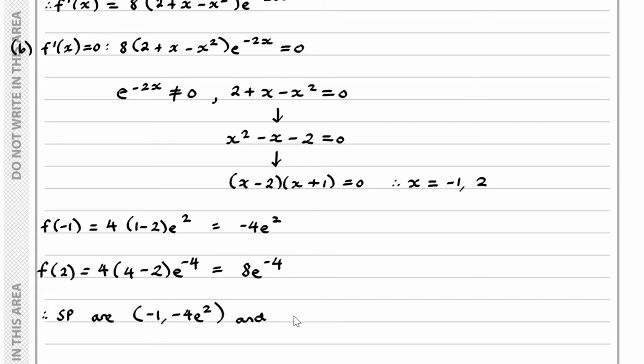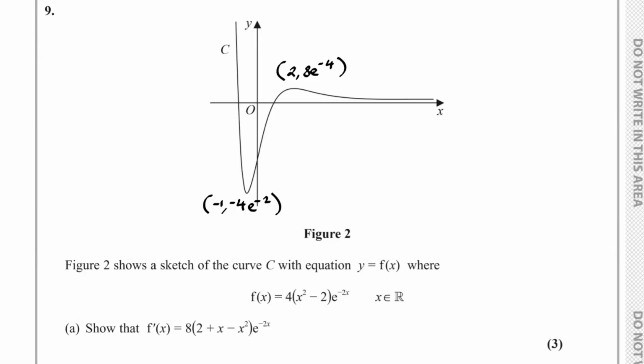and also 2, 8e to the minus 4. Okay? And if we add these stationary points to the diagram, we see here we have this stationary point and this